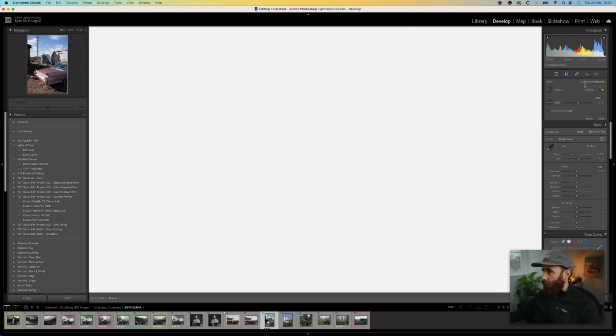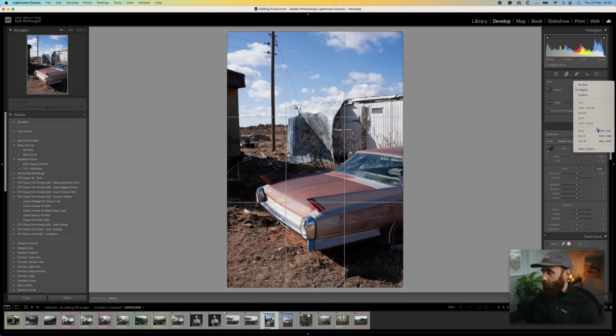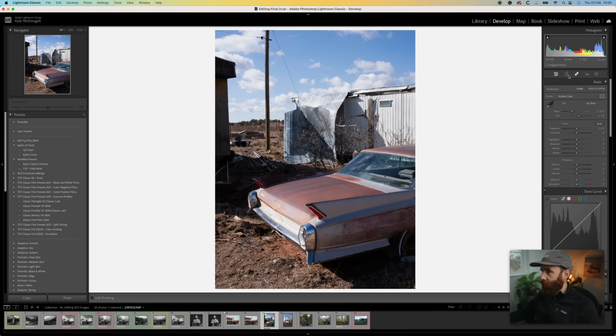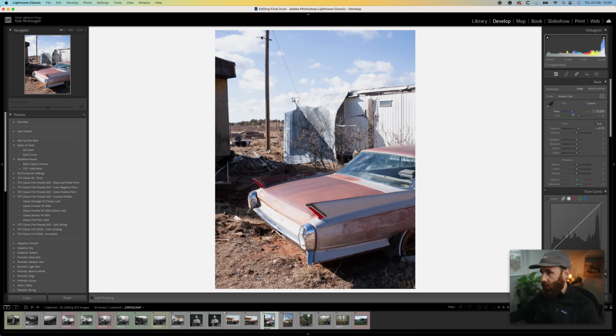So with this one, we'll crop. I almost always crop my 35 stuff on digital, for this series at least, down to 4:3. And then obviously this needs a pretty big exposure boost, white balance, and I'll pull some of that magenta out. And this is really what it's all about. It's just fixing the exposure, fixing the white balance-ish, and getting a good base to apply one of these. But we'll pick Kyle's Classic Chrome,